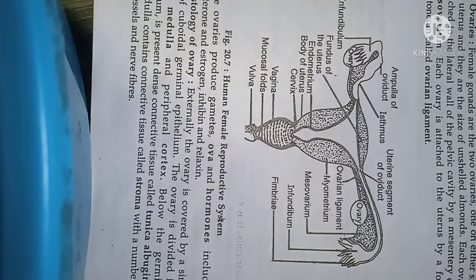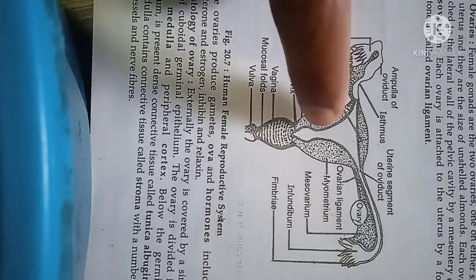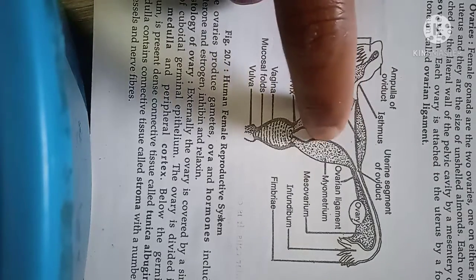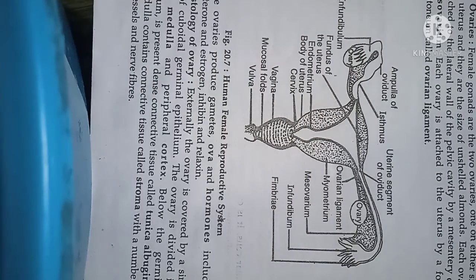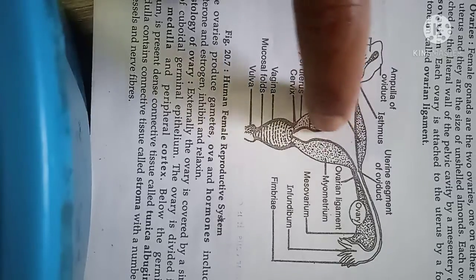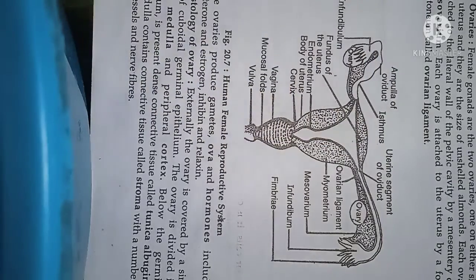The function of the uterus is that it provides a path for sperms from the vagina to the fallopian tube. It is also the site for menstruation and implantation of a fertilized ovum. The ovum gets implanted in the uterus after fertilization. It provides a place for the nourishment, growth and development of the embryo up to birth.